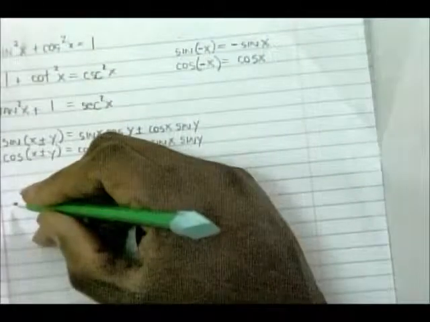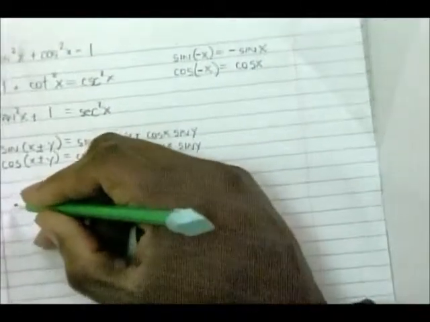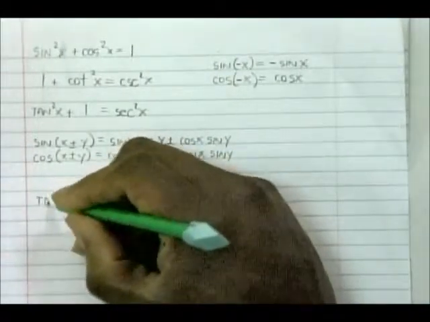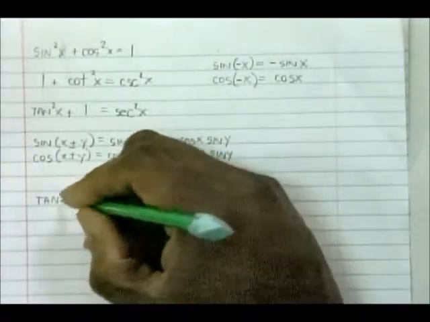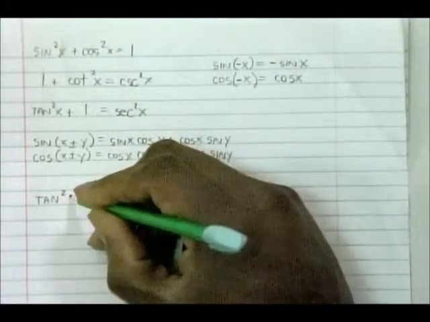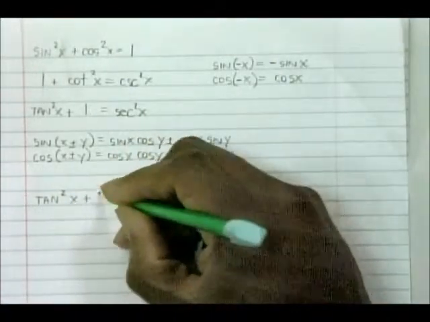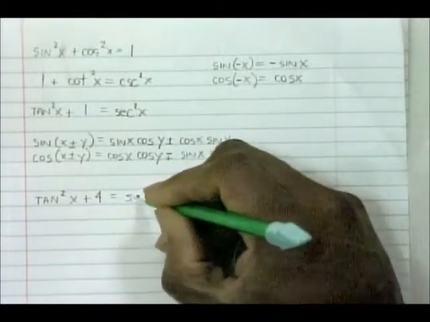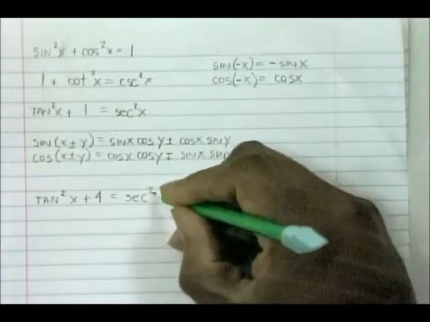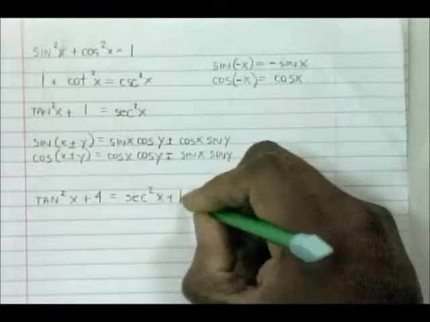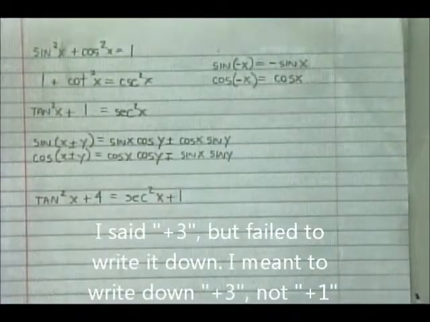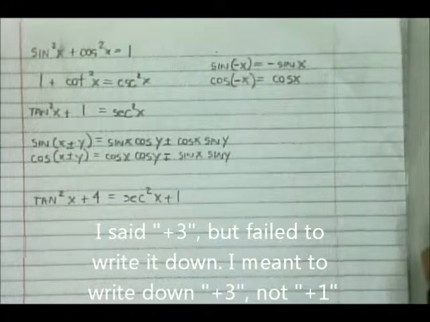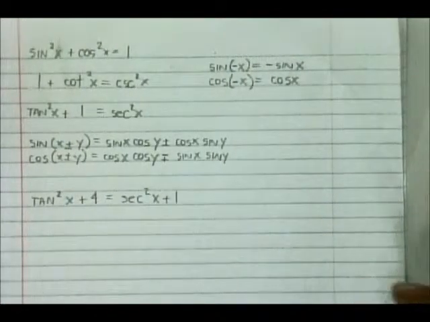Right here. All right, so we've got tangent squared x plus 4 is equal to secant squared x plus 3. Alright, so before you begin working with identities, it's important to have a strong background in